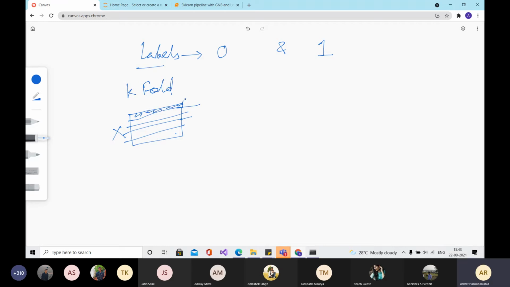And fold 1 is kept as validation. But what k-fold doesn't look into is the labels. What I mean by that is there can be a mismatch in the proportion of labels that is being divided in the training set and the test set.